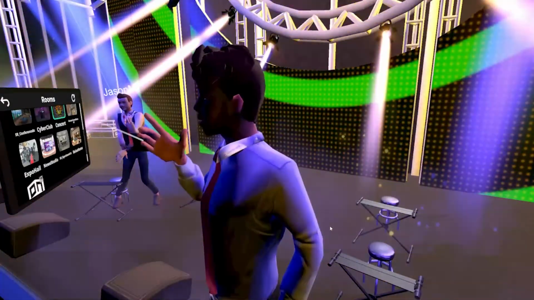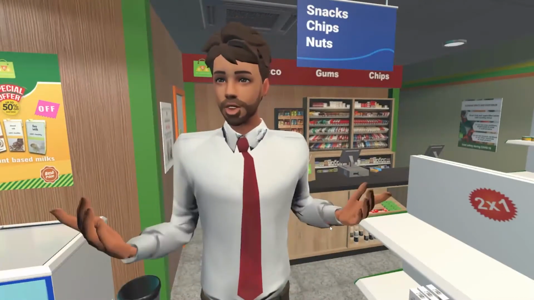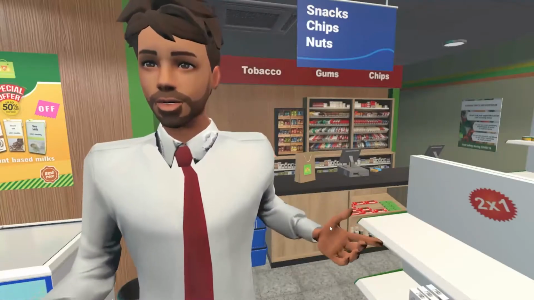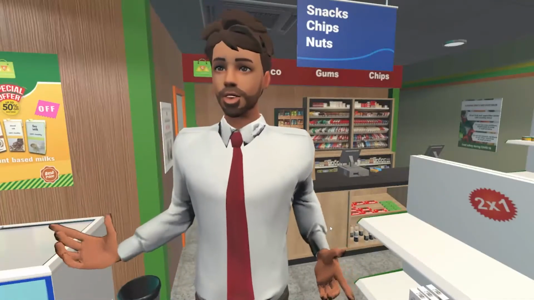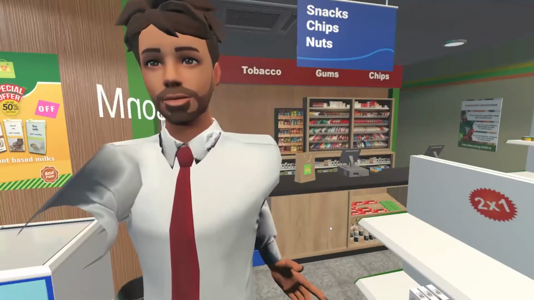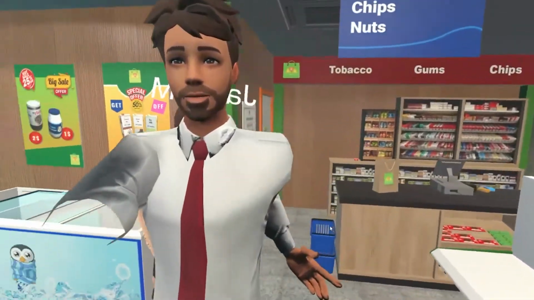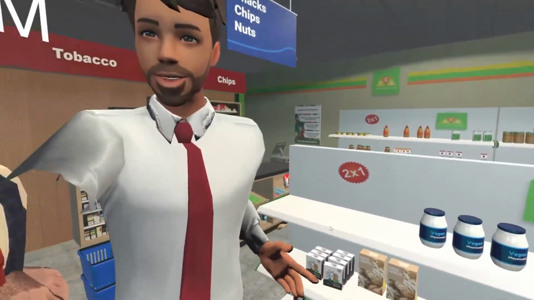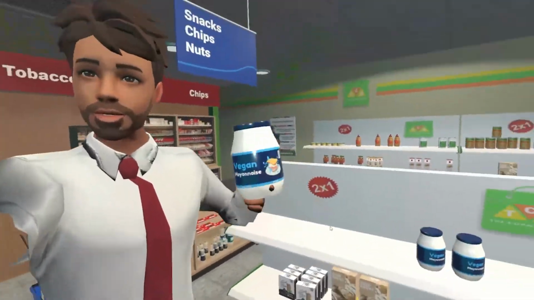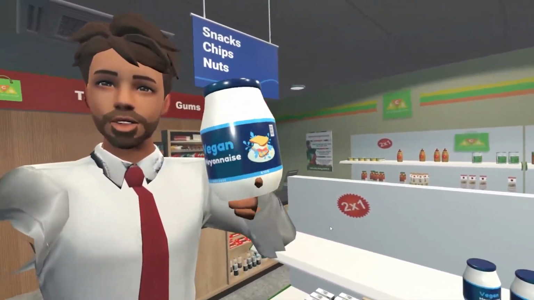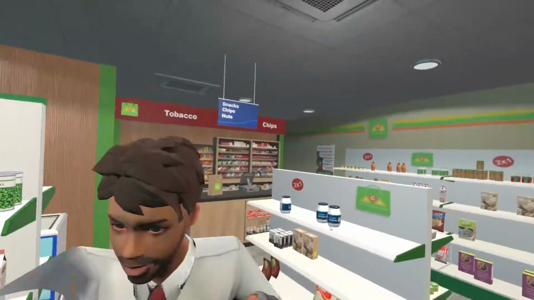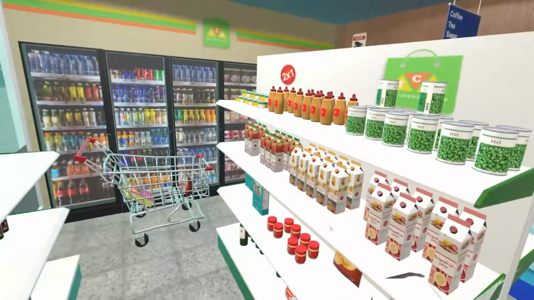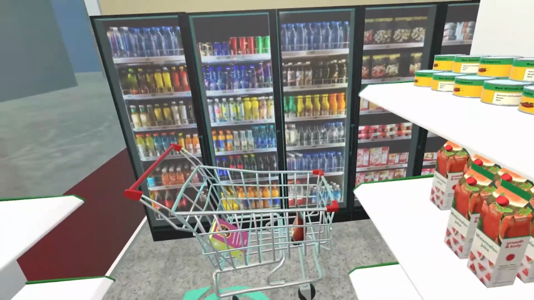We also have the ability to do retail. Of course, retail shopping is another huge vertical for metaverse-style applications. Here's just an example of virtual shopping with a convenience store. We can actually look at actual items on the shelf and pick them up, and I can read the labels and learn more info about them. There's also a shopping cart, which I can load